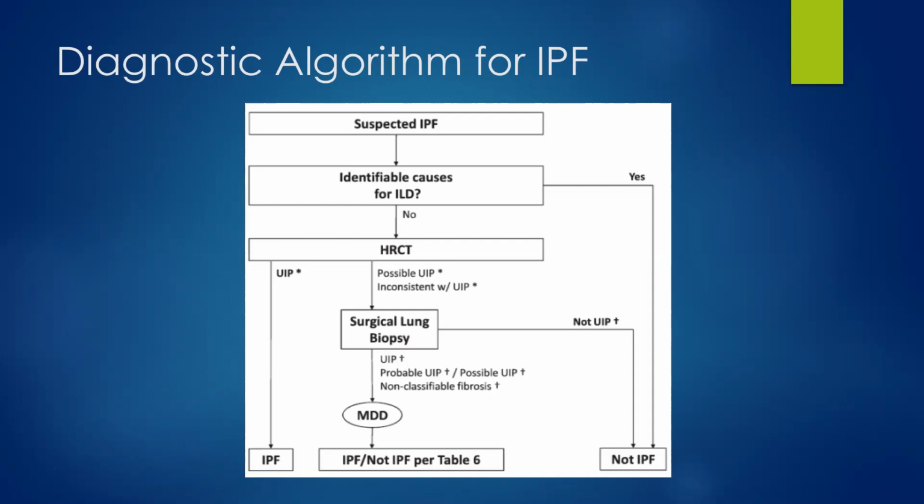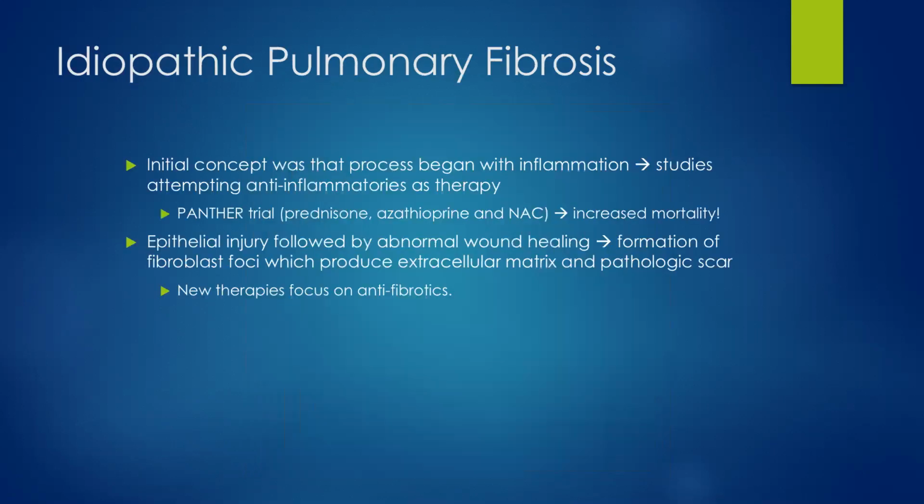But sometimes we're just stuck and you have to do it. So like we talked about, when I was a resident and fellow, all the medications that we used for IPF were anti-inflammatory, because that's what we thought was the pathophysiology. We thought it was like every other lung problem. You give steroids and anti-inflammatory stuff and it gets better. But we were totally wrong. And now we kind of understand why we were wrong. This PANTHER trial, prednisone, Imuran, that's azathioprine, and NAC, N-acetylcysteine, everybody was on that when I was a first-year fellow.